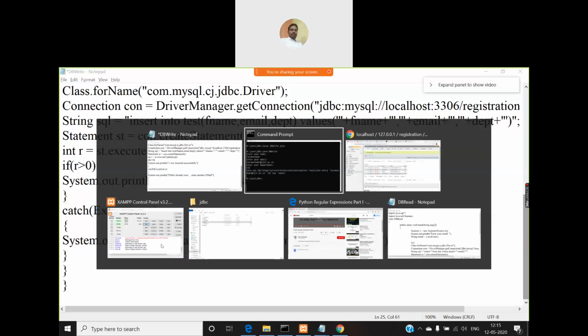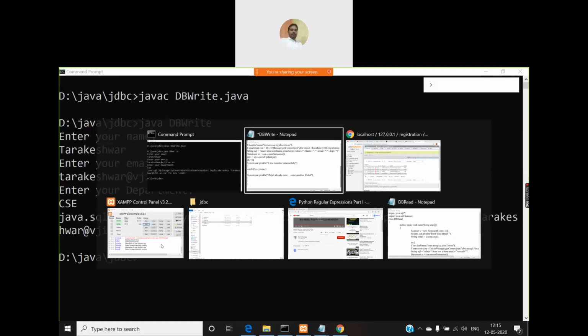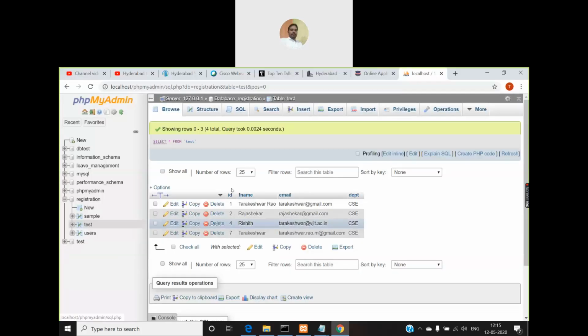There is a chance for us to get an exception with two fields. One is the ID field, the other one is the email ID field, right? Because these two are unique fields. ID is a primary key and email is a unique key.